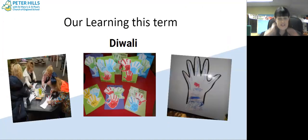Just to let you know about some of the celebrations we've been doing, we did a big celebration on Diwali. The children absolutely loved that. They were making Mehndi patterns on hand templates. They made some diya lamps, which you've got here. You will be getting them home soon. And they enjoyed the dancing very much. They loved the dancing along to the music. They absolutely loved that. So we do like introducing the children to all different celebrations within the yearly